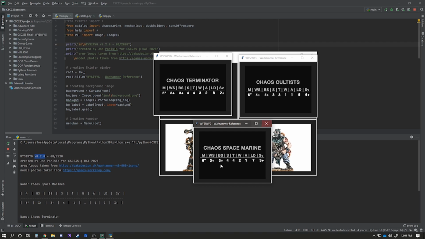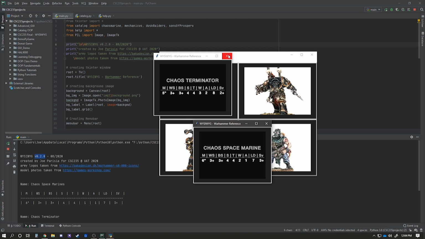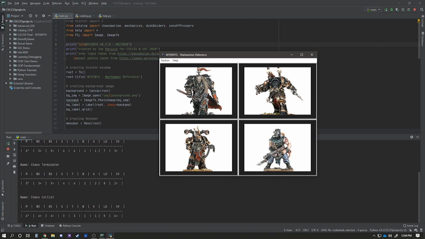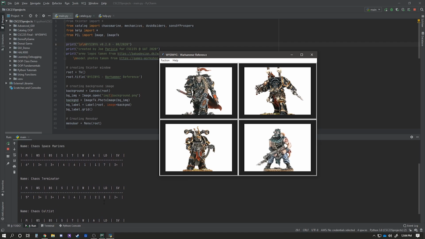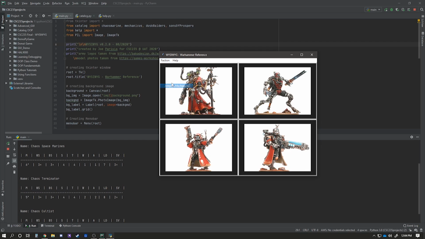But in addition to showing the stats in a pop-up window here, it also outputs it to the console log, so you can copy and paste that to another file if you wanted to print it out for a game you want to play. Otherwise, you can select between any of them,